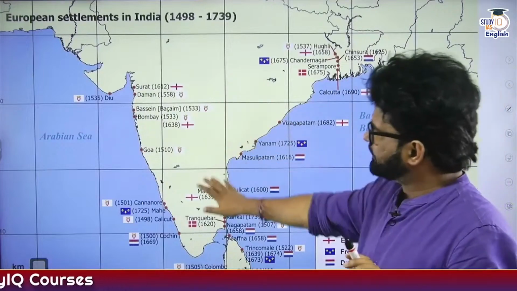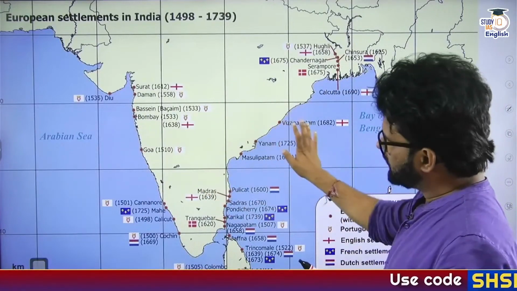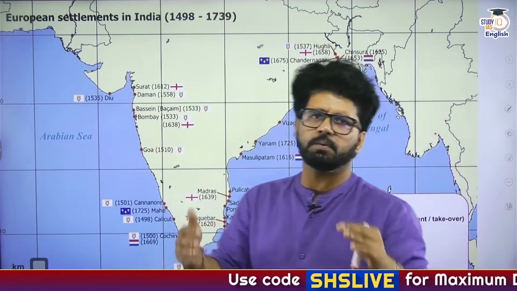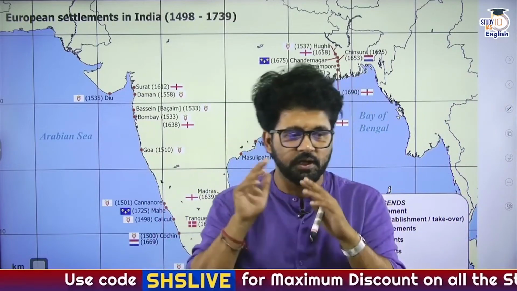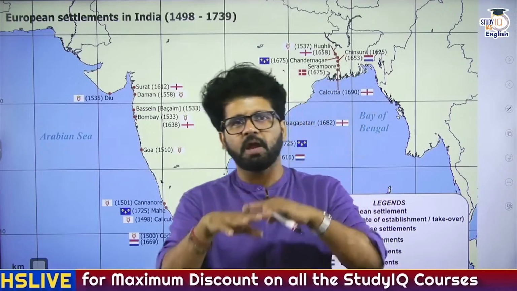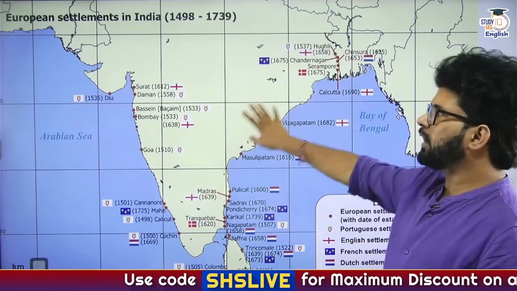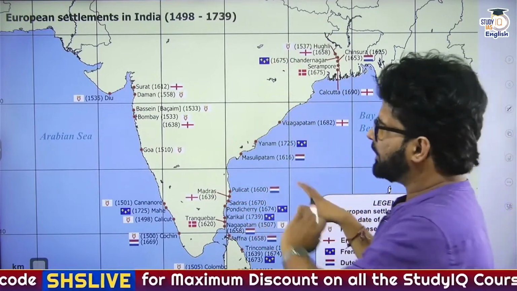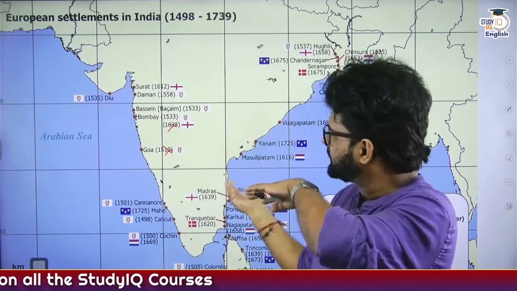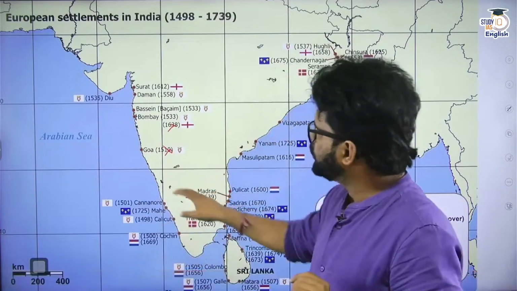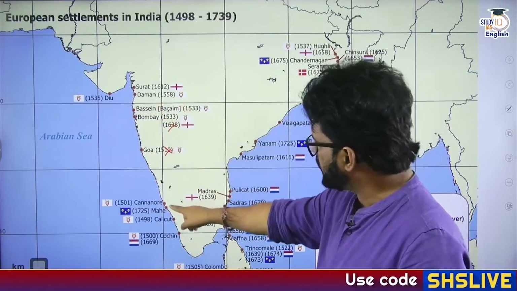You will understand what I'm saying later on. But see, this particular map, you have to have a look at it. In all the lectures we have done up until now, 25 lectures and one orientation session, you may have realized that maps are one of the most important sources we follow. Many people don't follow maps when it comes to history. They follow them in geography or IR, international relations, but you have to follow them in history as well. This particular map you can use for looking at different settlements, but don't use it for the dates. The dates are majorly wrong, because there are so many debates related to dates. So you will be using it for the settlements per se.